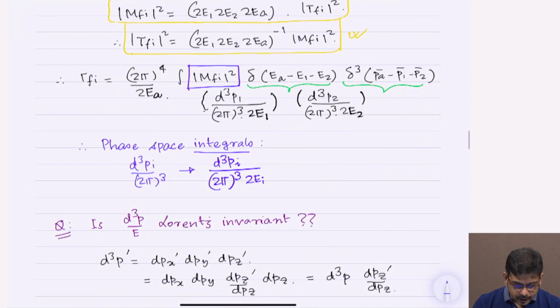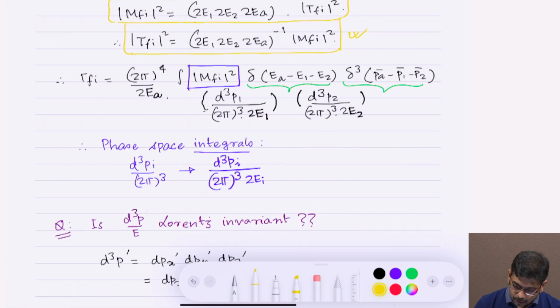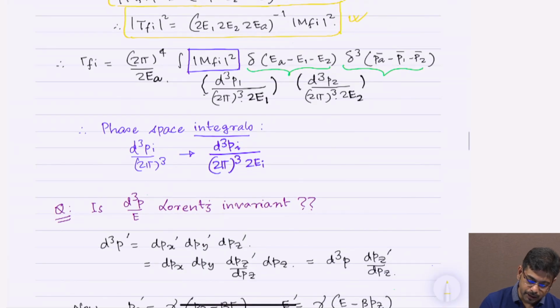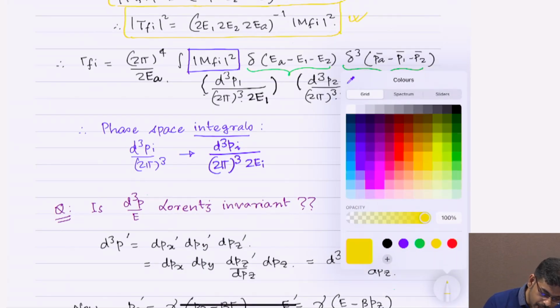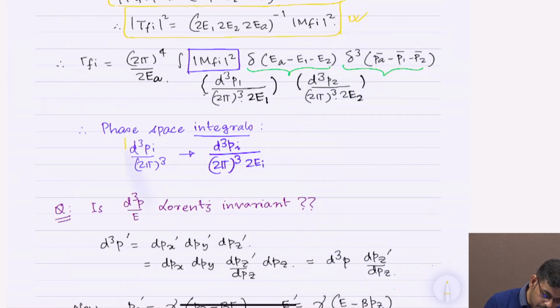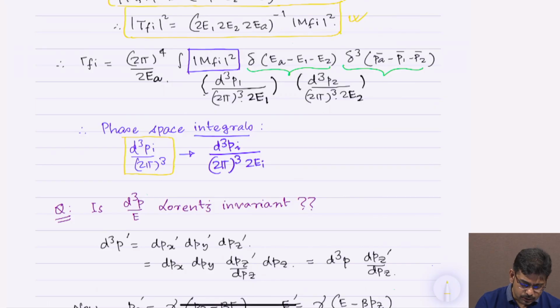All right. So you remember that we had an expression of the phase space measure, which was d^3p by (2π)^3, in the non-relativistic case. So why was this factor of (2π)^3 coming in the denominator? This was basically because each state occupies a volume in momentum space. Okay? So that's precisely why you have to divide by that volume in order to find how many states there are between momentum p_i and p_i plus dp_i. So therefore the